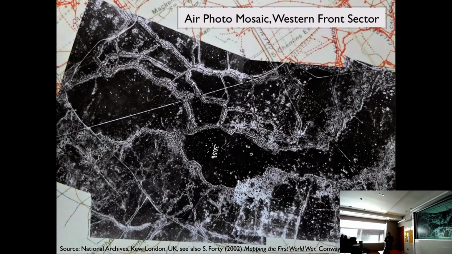And the resulting maps, photo maps, if you wish, then looked like this, where you had the French or British or the American trenches here, no man's land here, and the German trench system over here. Displayed here against the background of a conventional map, but these conventional maps were outdated so quickly, and hence the need for frequent aerial photography.